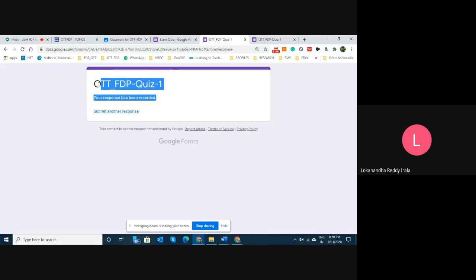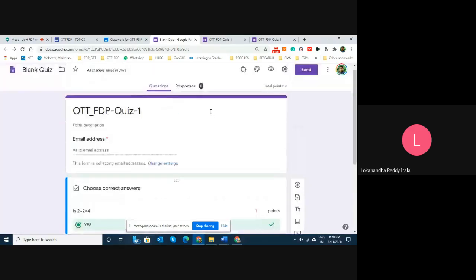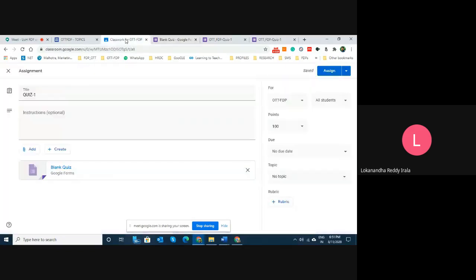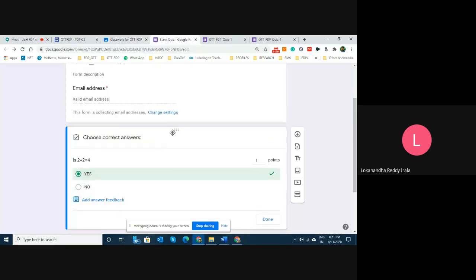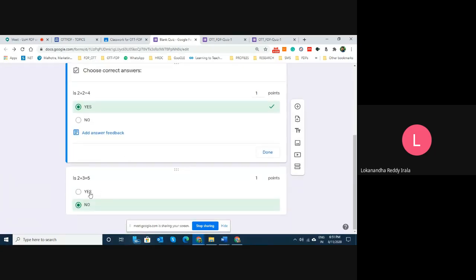So what I can actually do is evaluate the paper, and I might even get some feedback, like some question is wrong. All these reviews are possible. So you can look at all those reviews, and then later on you can release the marks. Later on you can correct. So how do you correct? It's very, very simple. You go to the blank quiz again. You now know that for this the right answer is yes, but you wrongly marked it as no.